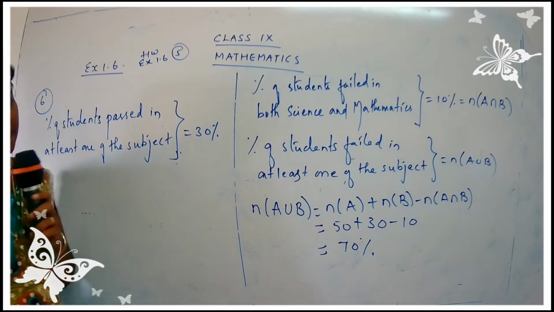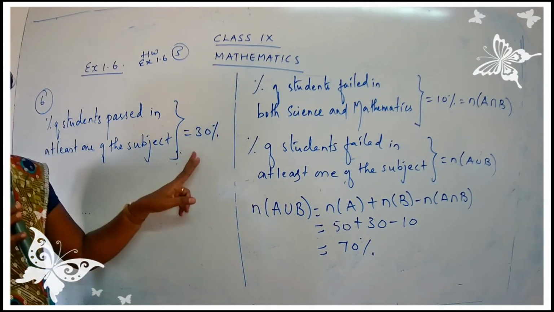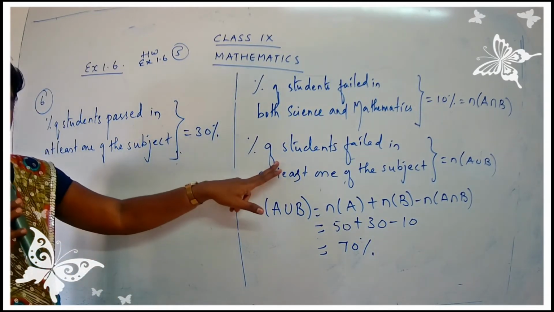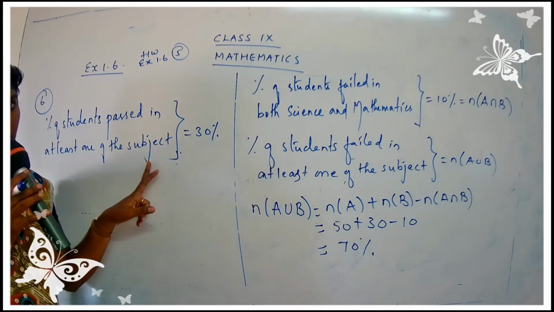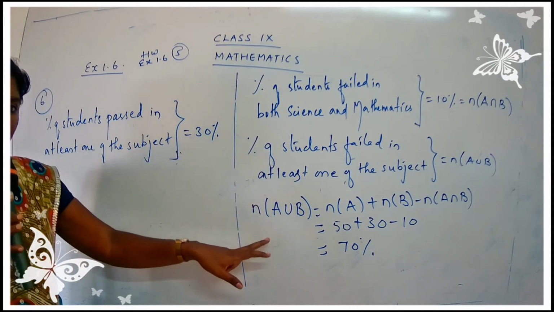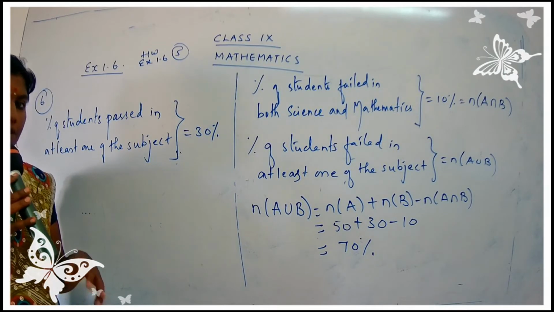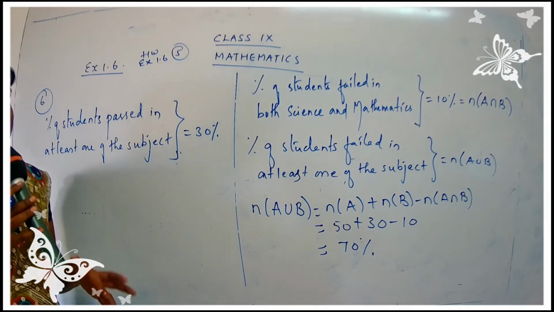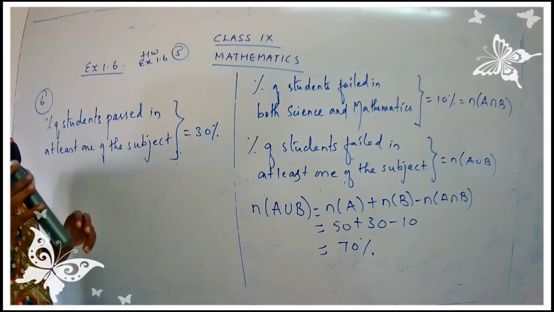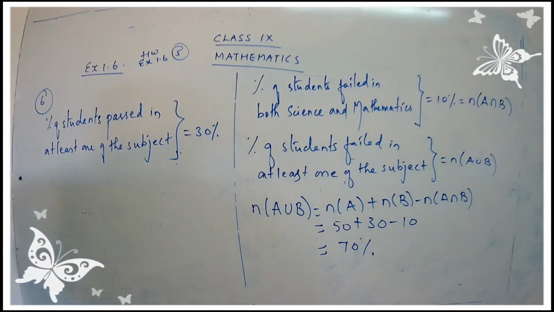I hope you're clear. I have given you the answers directly. We are just going to compare this statement and find out the answer over here. So I get the information that 70% of the children are going to fail in at least one of the subjects. So the percentage of students passed in at least one of the subjects will be 30%. Okay. Now still we have not completed our answer. We have some more steps to be followed. Take down the steps still here, children. We'll continue our sum.